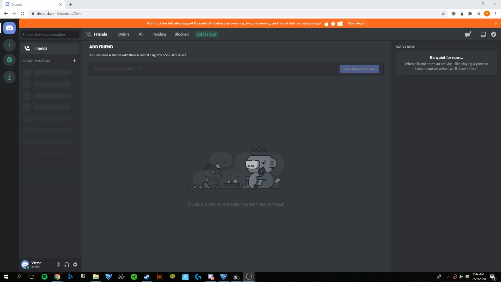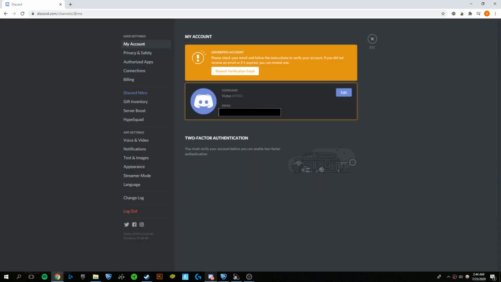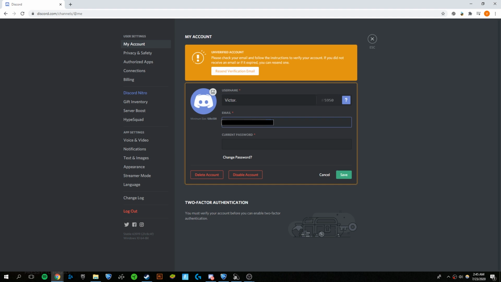Now the first thing you're going to want to do is copy from the very top of my description the little icon or little character that I will have pasted there. It's just a weird looking character. And once you have that copied and pasted, you're going to want to go into your user settings, into your account, and edit. Now once you're here, you're going to want to paste it in here,